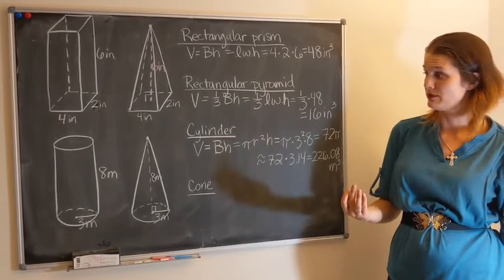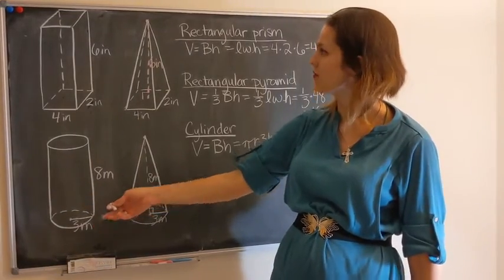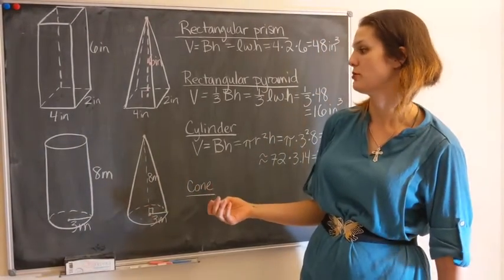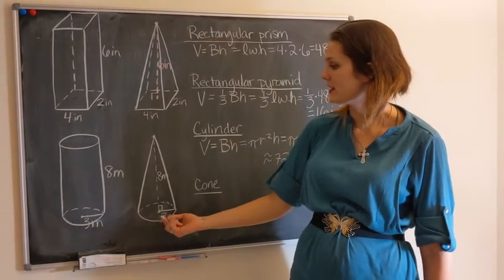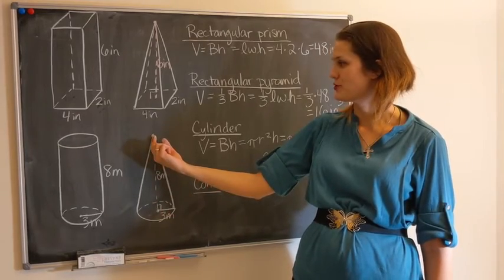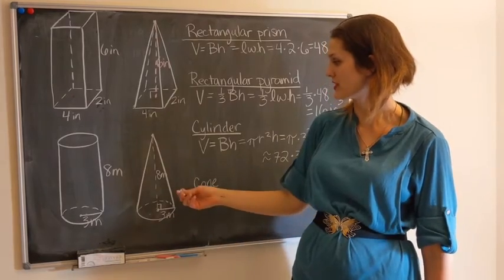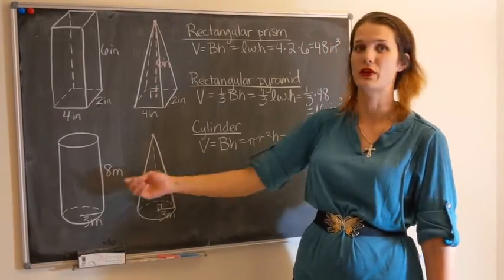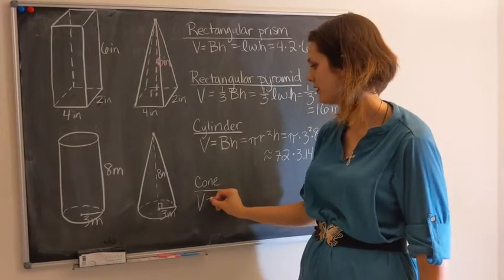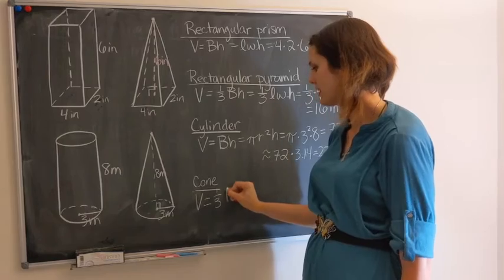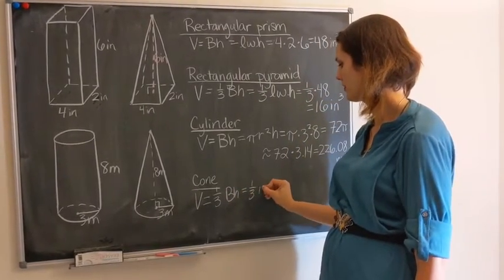Now for a cone has the same relationship to a cylinder as a pyramid does to a prism. We have the same base as our cylinder, but everything raises up to one apex, one vertex at the top. So our cone volume is 1/3 of its corresponding cylinder's volume. In other words, 1/3 the area of the base times the height, or since our base is a circle, 1/3